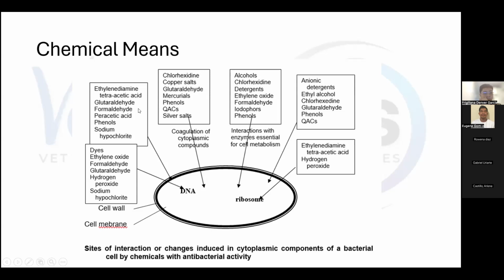Ayan. Then next, we have biguanides, and the most important member here would be chlorhexidine. Siya usually yung ginagamit natin to disinfect our hands and disinfect our tools during surgery. However, the weakness of chlorhexidine is that the presence of organic matter such as pus or scabs will limit yung kanilang effectivity.